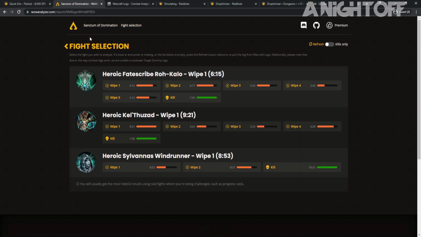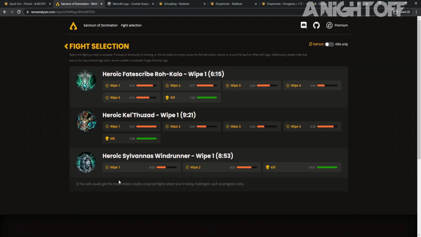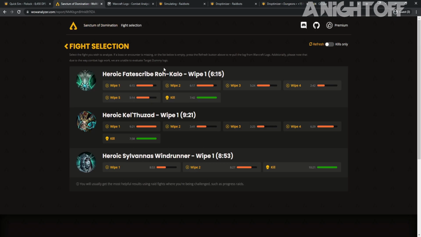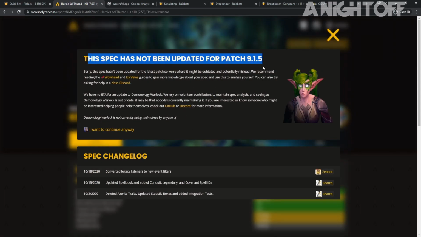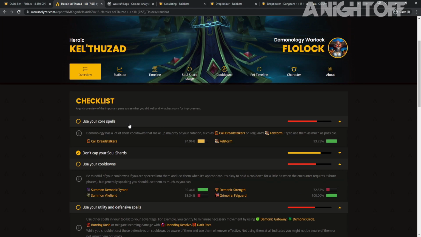You can try WowAnalyzer. It's kind of gone downhill, you could say, just because it hasn't been updated so much recently. And same thing with Raidbots, it requires someone who knows about your class to go in and set it up. And it usually gives you a warning when I click on it, like it's not been updated. So usually you'll see this, which means I try to avoid using it nowadays, but it does still have some details,